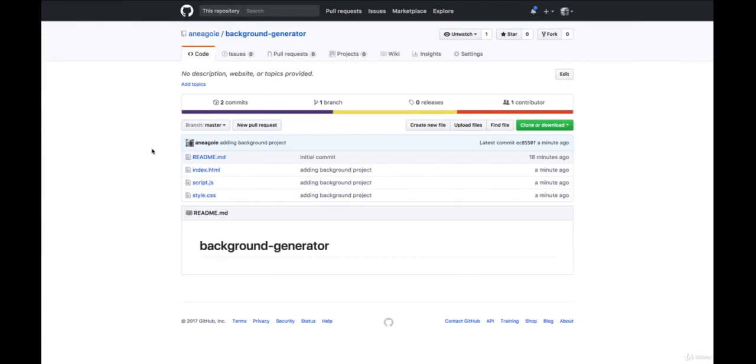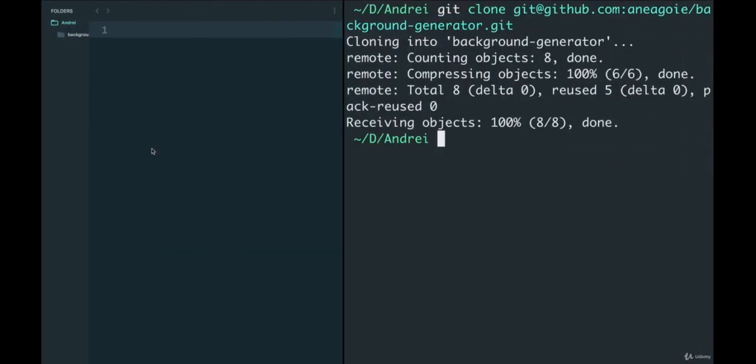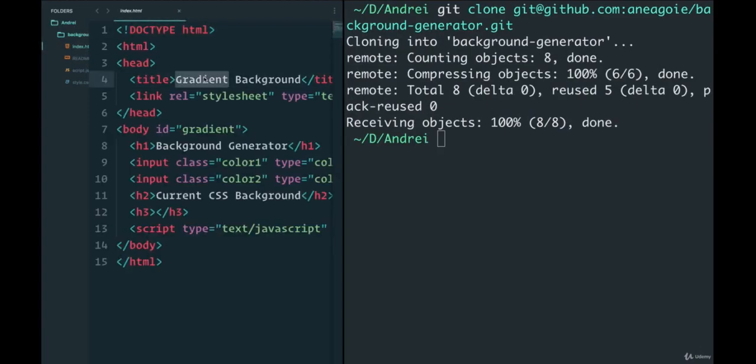All right, so now more realistic. We go back to working, and on the first day of my job, I say, I'm going to change the gradient background title, actually the h1 tag, to cool generator. If I save this and I do git status,